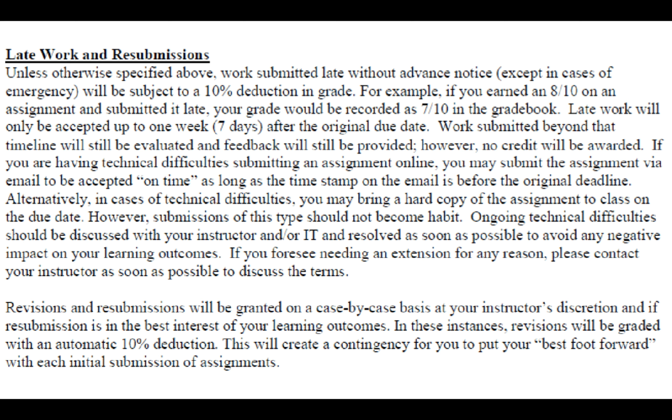So the take-home point here is please be in communication with me if you notice that things are coming up, or if you need an extension, or if you just want to talk with me about the deadlines or things that you think I should know. So definitely err on the side of emailing me and talking with me about those deadlines and any potential need for an extension.